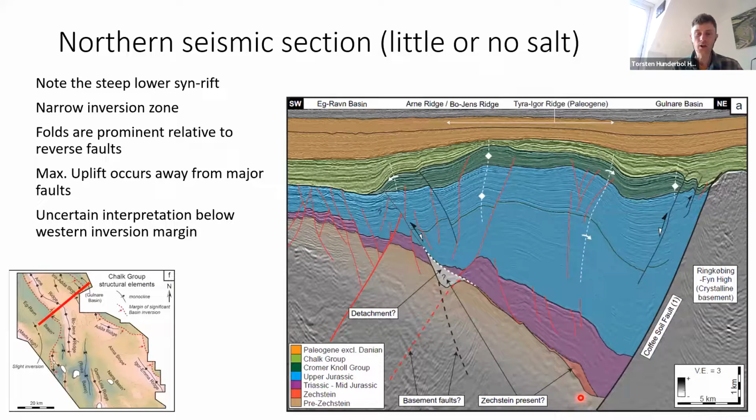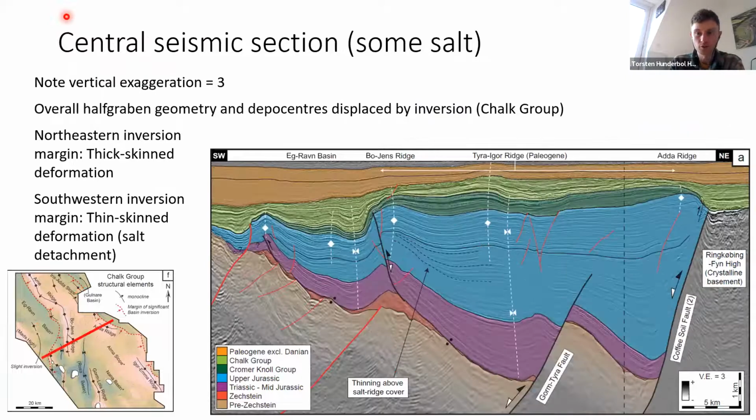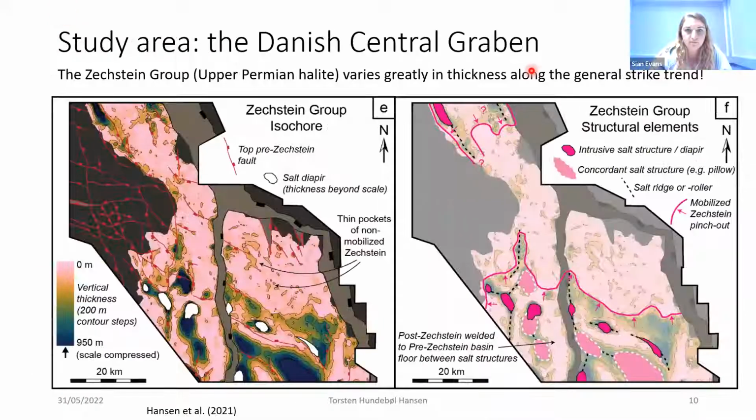I need to get more into the literature on analog modeling. Yes, there are indications that salt was involved. Let me just find the salt thickness maps real quick. As it looks now, we have mobile salt structures in the very south of our study area and in the very north. There are indications, and that was first introduced by Duffy et al. in 2013,